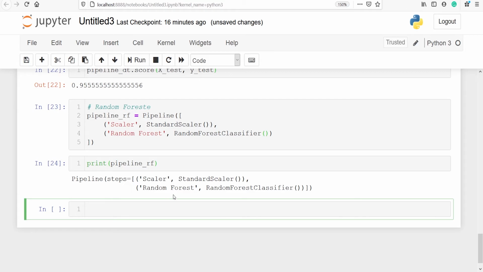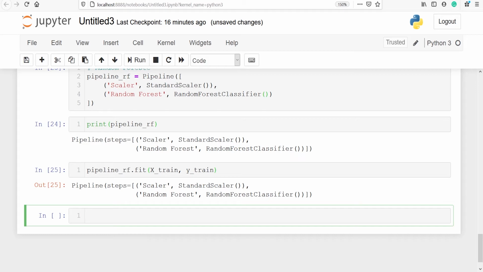Now we are going to fit this on our X train and Y train. So we will say pipeline underscore RF dot fit on X train and Y train. We have fitted our algorithm. Now let's calculate the accuracy.